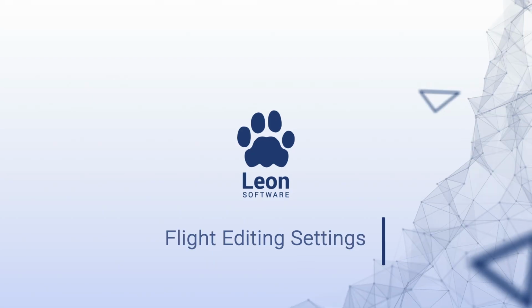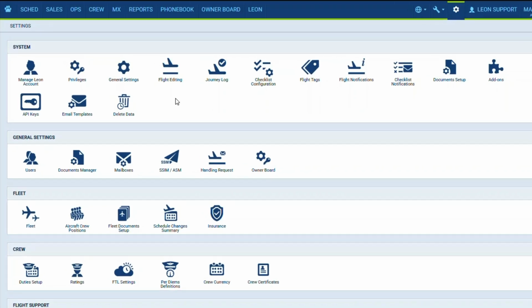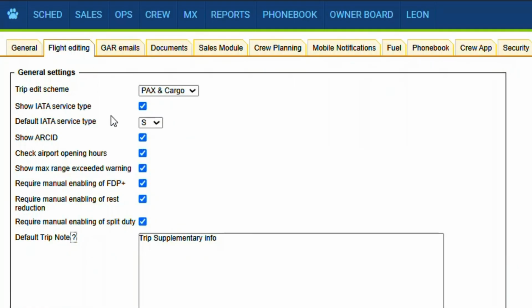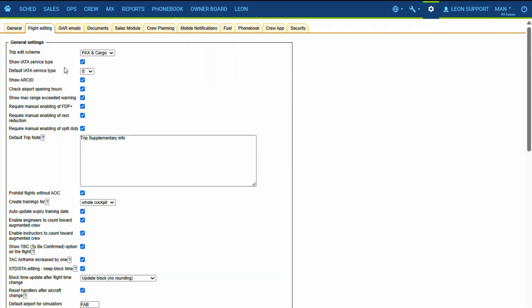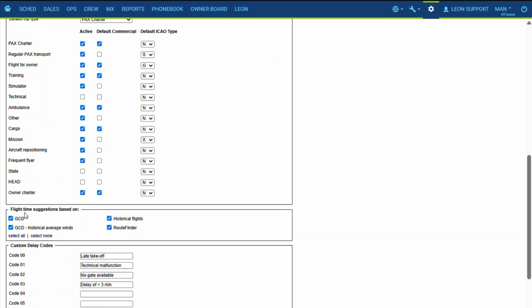In today's video, we will walk you through the flight editing section. This feature can be accessed directly in the admin panel or in the general settings in the flight editing tab. Flight editing is organized into 5 key areas: general settings, trip type settings, flight time suggestions, custom delay codes, and